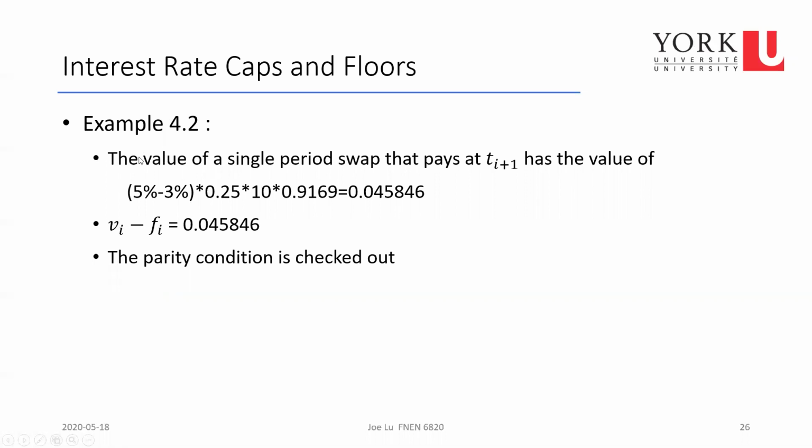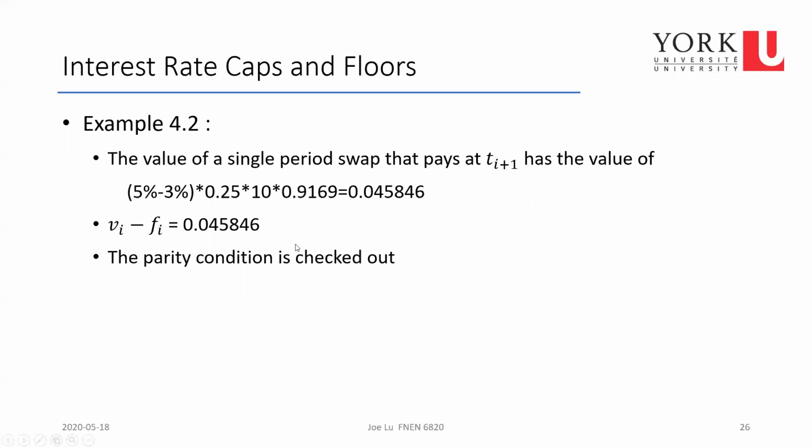So what is the swap here? In this case, we have to have a swap that has a payment at Ti+1. So the value of that swap is really the 5% minus 3%, which is the rate, and its delta i is 0.25, times the 10 million notional times the discount factor here. So we get 0.04845846